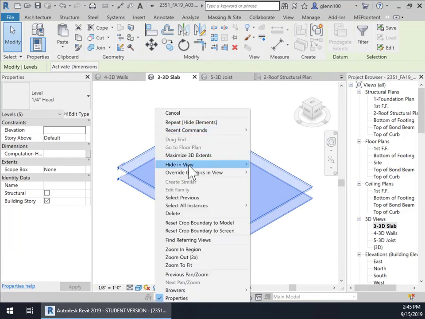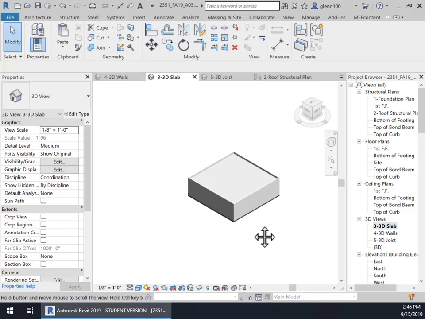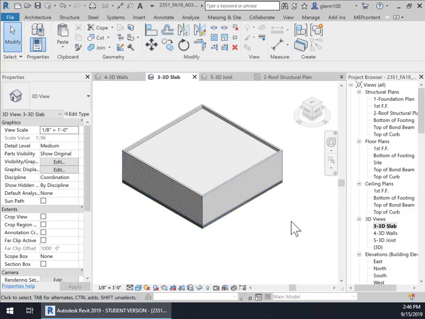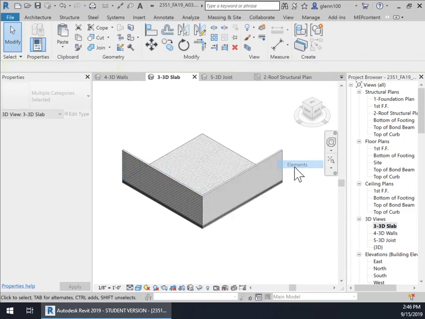Now, it is true that if, for instance, you hide all these by category, okay, then if you want to unhide them, all you do is select one of them and then unhide it by category, and then all your levels would be unhidden. So there are times when that can be useful. Okay, so anyway, I'm trying to create a slab view, and of course my slab is all covered up by this other stuff. So I'm going to come in here and select some walls here,